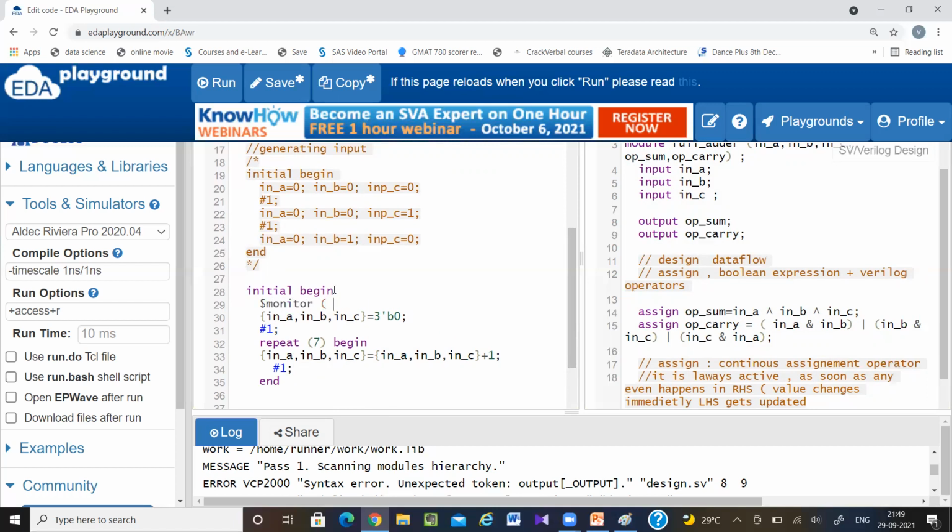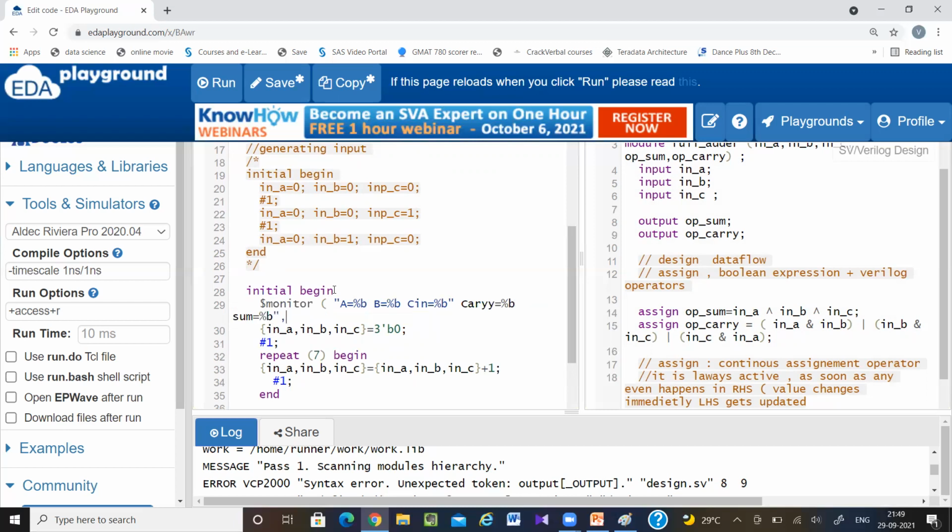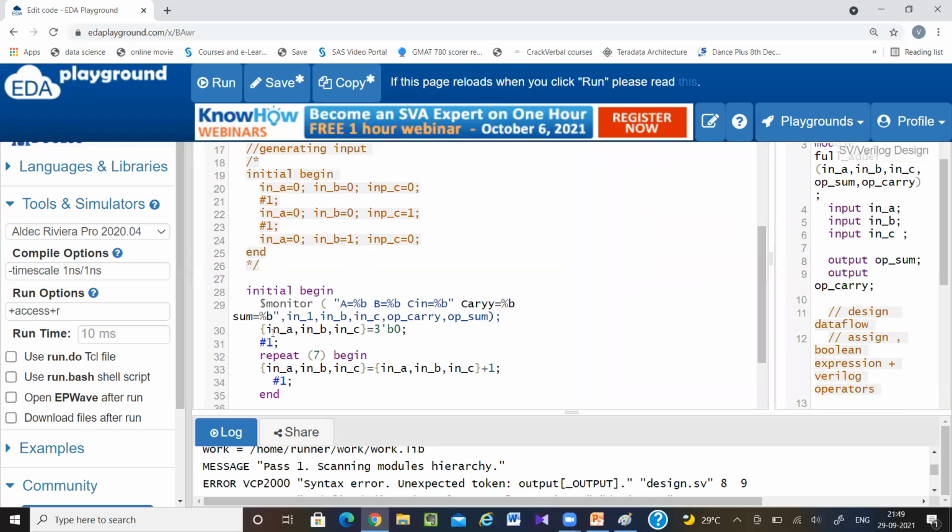So $monitor, A equal to %b, B equal to %b, C equal to %b, then carry equal to %b, sum equal to %b.